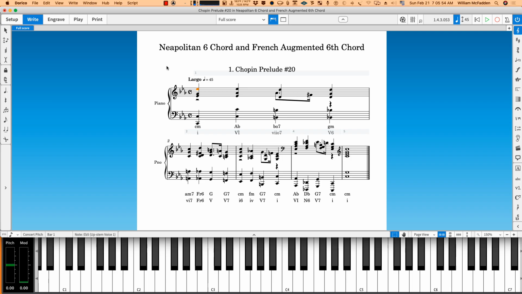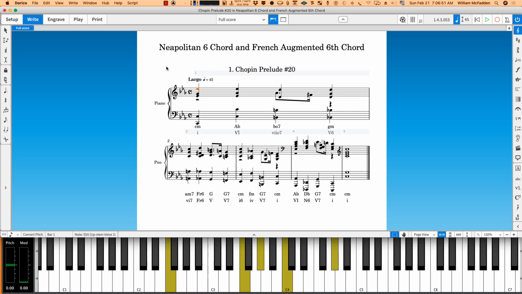Normally the French, remember, is a modified 4 chord. So here's your 4 chord. We sharp the 4. And then if we add the second, we get the French. So notice we have the same notes. The A flat is in the bass in this case. So we have all the notes, and we have the octave of the D being emphasized. Then we go to a G chord. There we have a G7. Here's your 7th in the bass. And then we go to the C minor with the E flat in the bass,